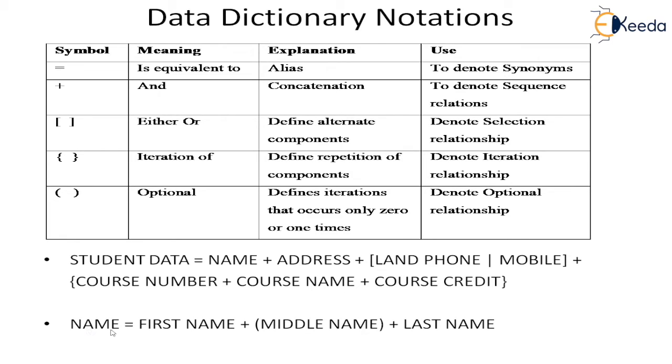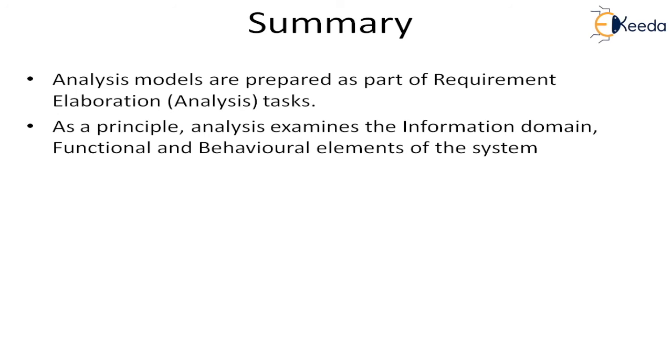Similarly, you can take the name field, and it can be further broken down. First name concatenated with middle name, last name. Now you must note here that the middle name is optional. It has these small brackets. So sometimes some people will have a middle name, some people will not have. So we have come to the end of the flow oriented